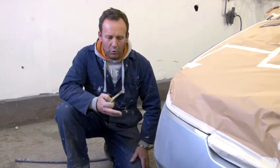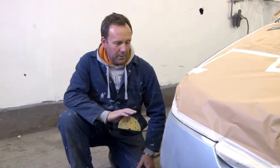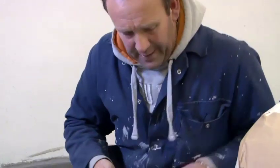Always start off on the coarser ones, always go to the finer ones. The finer the finished job is, the better the job will be, because less scratches. And that's the biggest problem you have with any sort of paint work, is getting rid of all the scratches, so when you put the paint on, it goes on nice and smooth. So how that bumper is sitting there now,